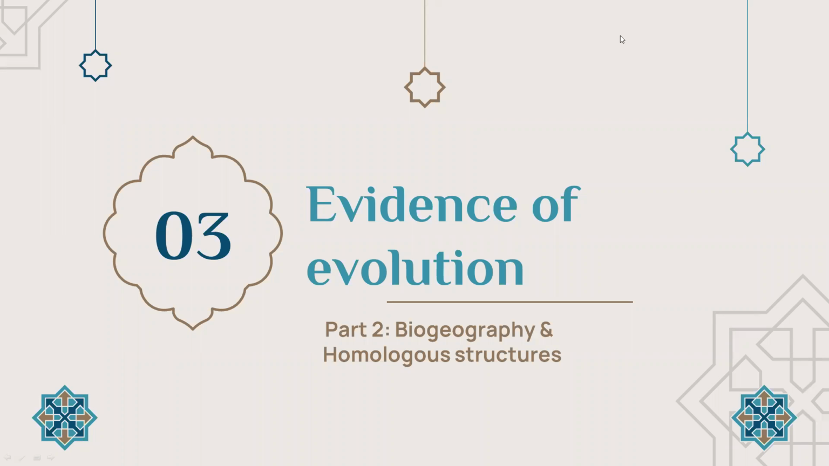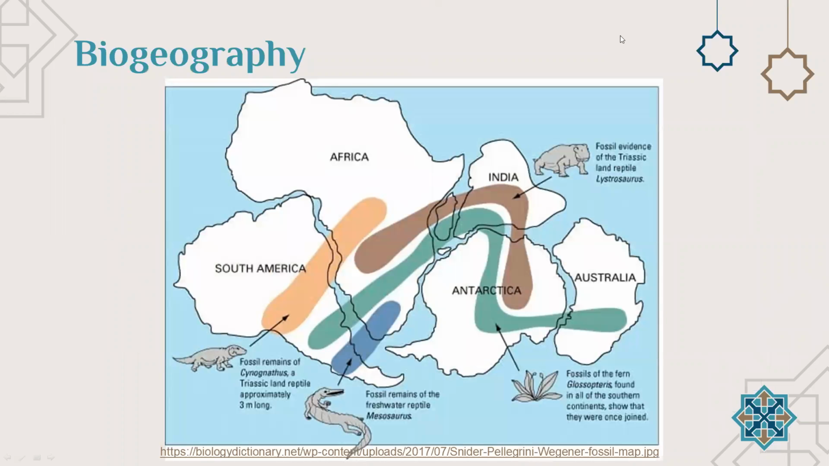We continue with the rebuttal of the evidence of evolution. In this video, we're looking at biogeography and homologous structures. So biogeography basically looks at the distribution of organisms on different continents, and it links with the concept of continental